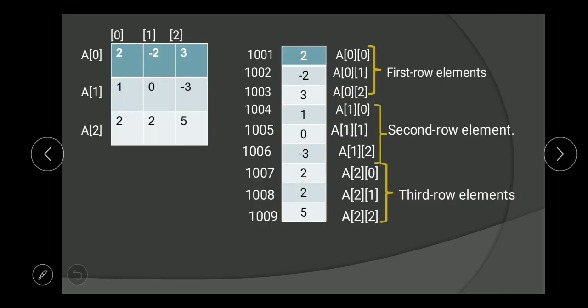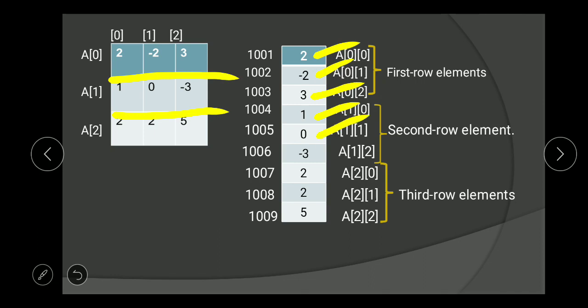For example, we have this matrix of 3 into 3 order. Here we will use the row major method. This is our first row, 2 minus 2 3. Second row is 1 0 minus 3.